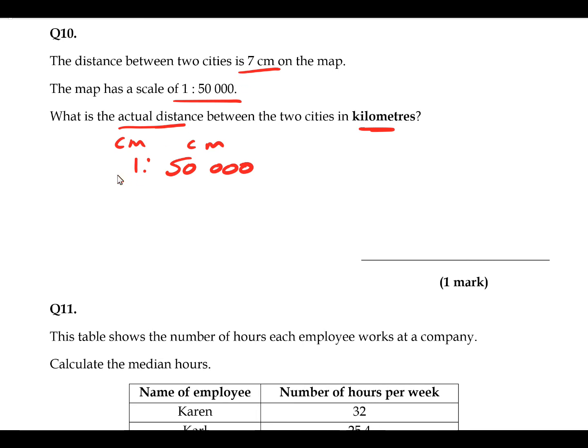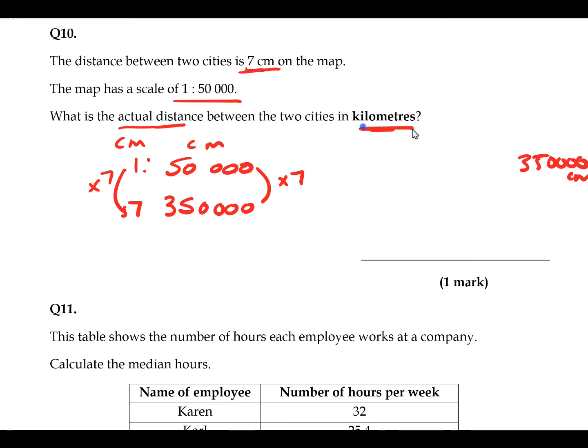Our map is on the left-hand side, so our reading from our map goes on the left, and we've multiplied it by 7. So we need to multiply the real world by 7. So 7 5s are 35 with 1, 2, 3, 4 zeros. So we have 350,000